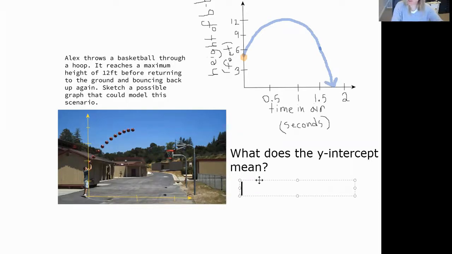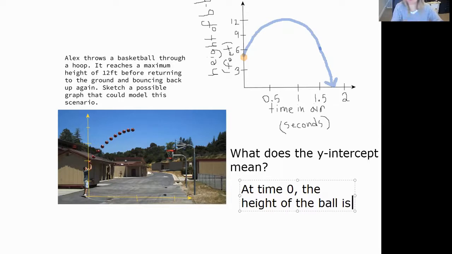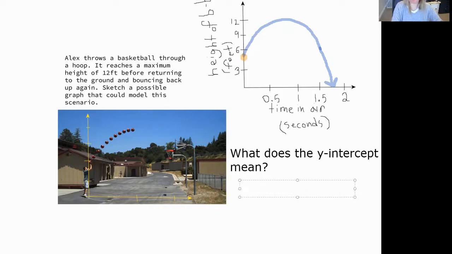You can say the y-intercept means time 0, the height of the ball is, and that looks like about 5 feet, maybe 5.5 feet. Or another way of saying this, and maybe a simpler way of saying this, is right as the ball is being thrown,